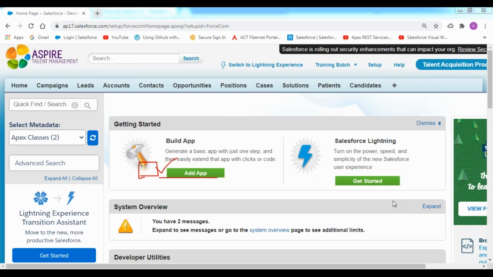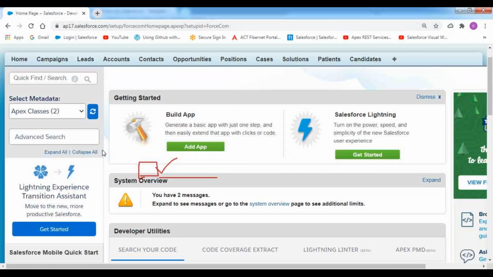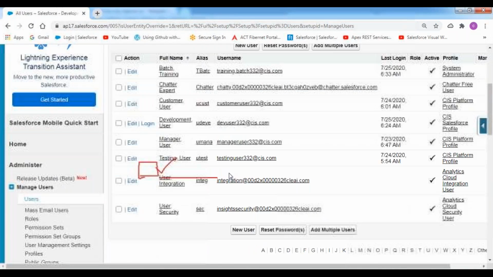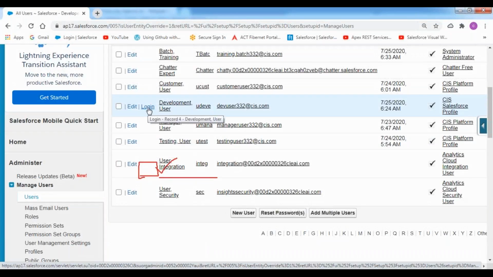When he signed out, it closed the whole session. He has logged into my application, nothing but my account. How? When you go to the users option, for my account as the development user, it gives an option called login link. Abhishek simply clicked on this login link and logged into my application over here. He resolved my problem. When you click on sign out, it closes the whole session.